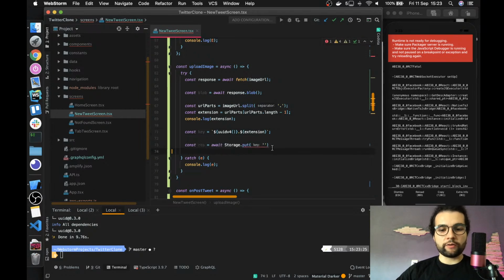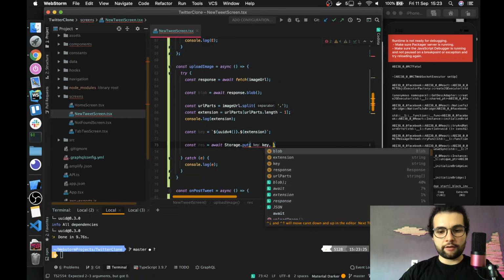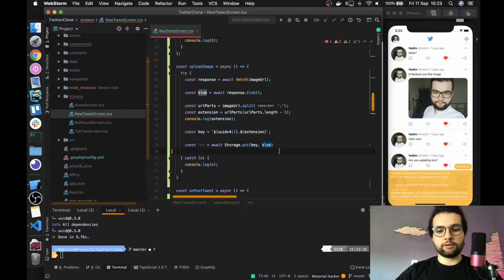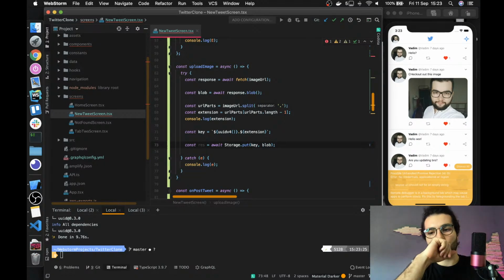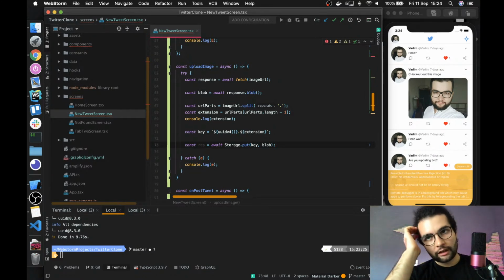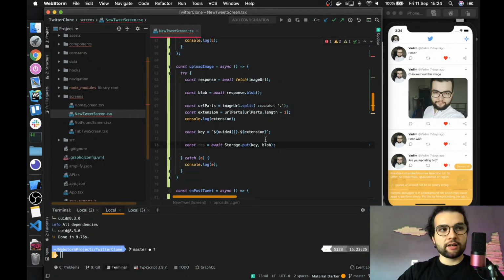Okay, so the result will be, we already have a key, then the blob, key blob, and what else? Yeah, probably that's it. I'm not sure, probably we need to also send the content type, the headers, but